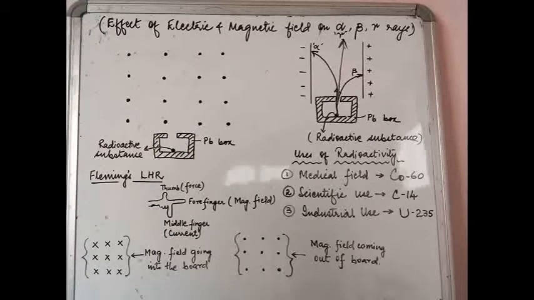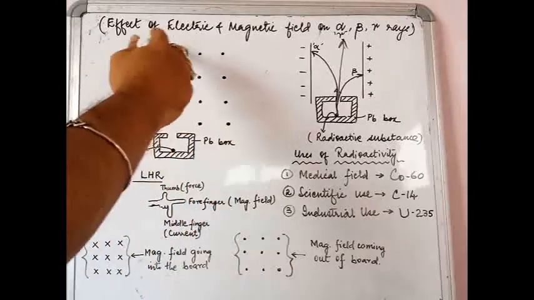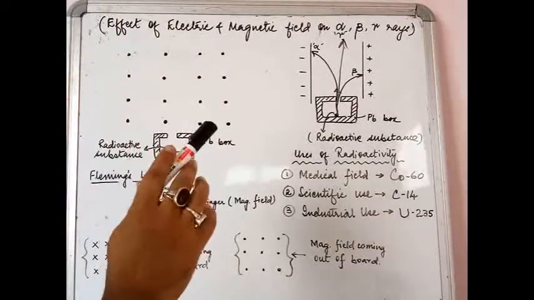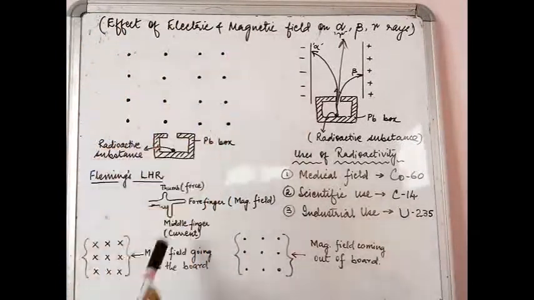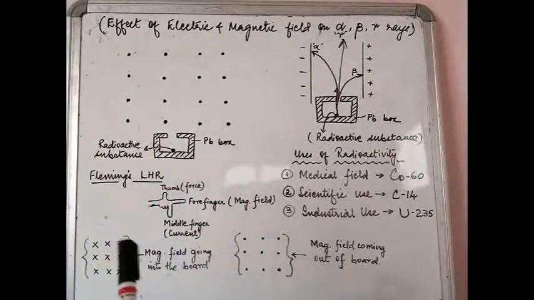Now what will take a lot of time for us to understand is the effect of the magnetic field on these rays. Okay, so now this is the setup that I have drawn for explaining the effect of the magnetic field on all 3 rays, alpha, beta and gamma radiations. Okay. For us to understand this aspect, we need to understand two things over here. I have drawn these two things over here.